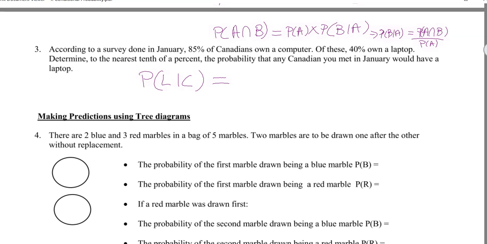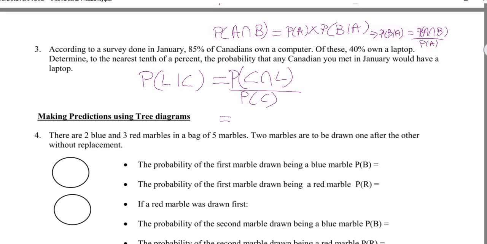So where we see B, we're going to put laptop, and where we see A, that's computer: the probability of computer and laptop over the probability of computer